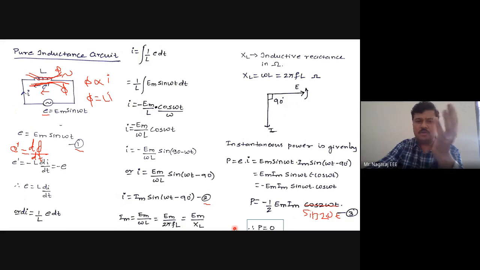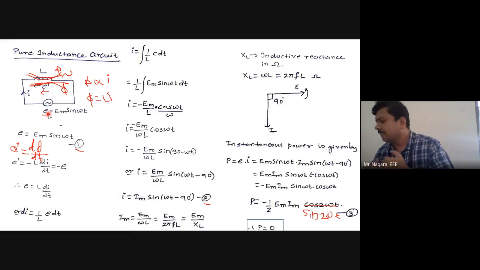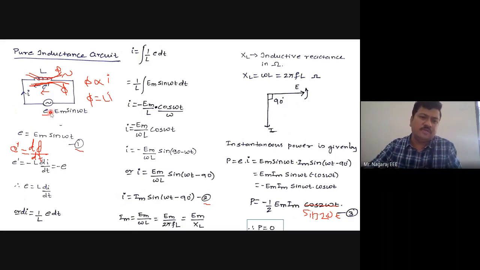Now the question is, where does all this power go, whichever I am giving? No doubt, when there is a voltage source, and there is current flowing out of that source, this source is giving out some power. Current flowing out of the source means it is giving out power. Now power given by the source is there, but power consumed by the load or the inductance is not there. Then where does all the given power go? The power consumed by the inductance is 0. It doesn't mean that power received by the inductance is 0. Inductance is still receiving the power, but this inductance is not consuming the power.